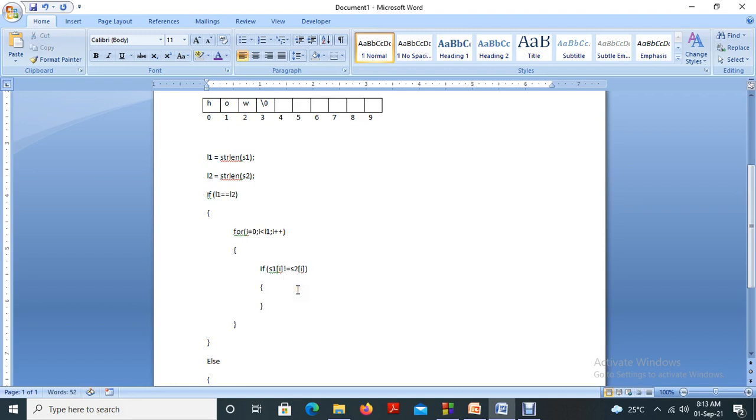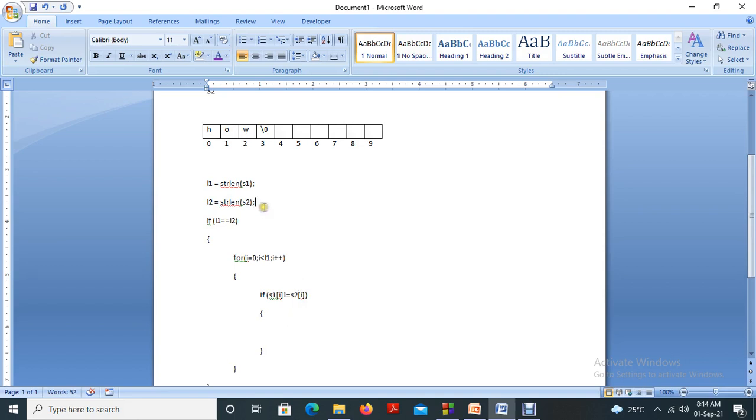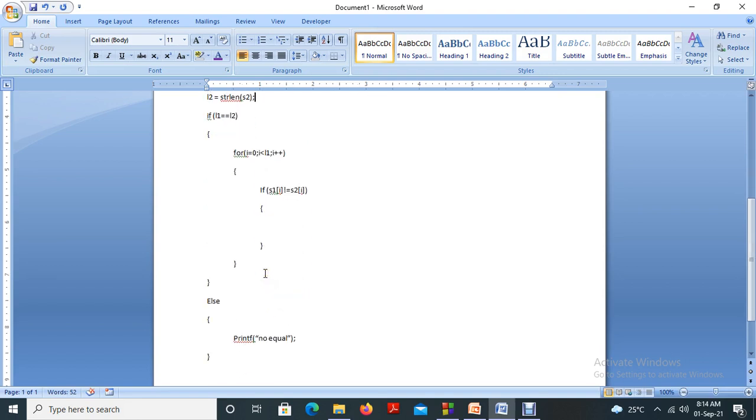So I am writing the condition in a different way, s1 of I not equal to s2 of I. If this condition is true, then we don't want to continue, we can directly say that this is false. But here we have a problem, because two cases we have here to identify whether the string is not equal.